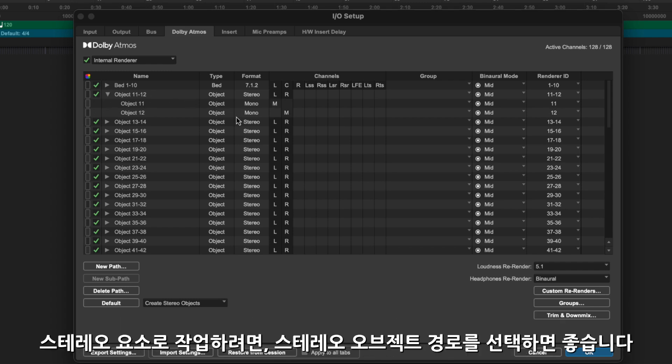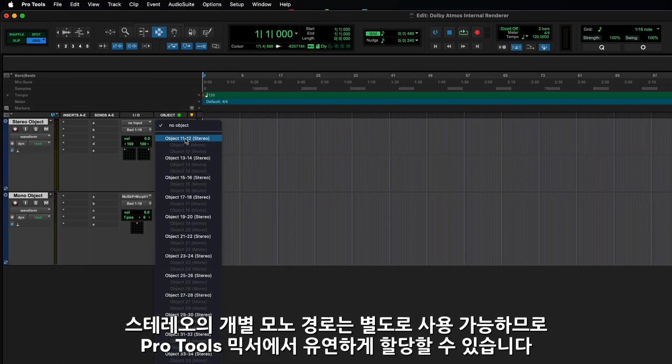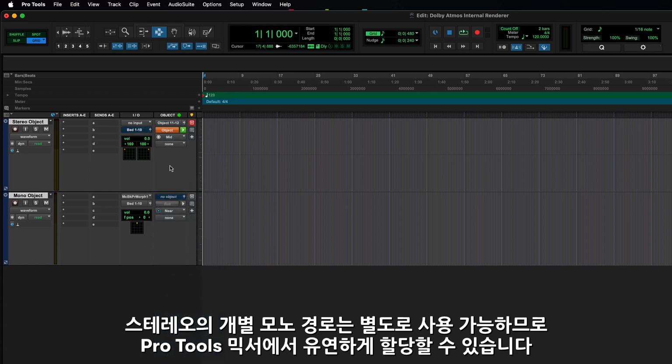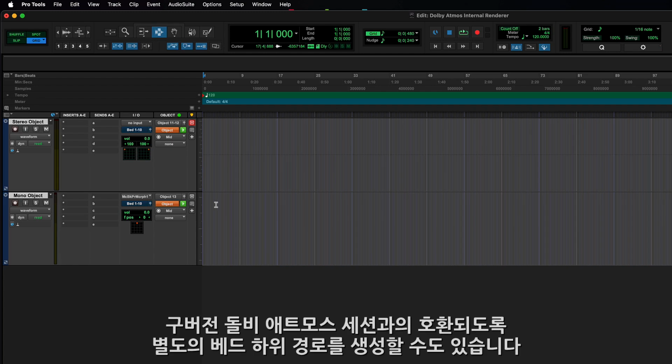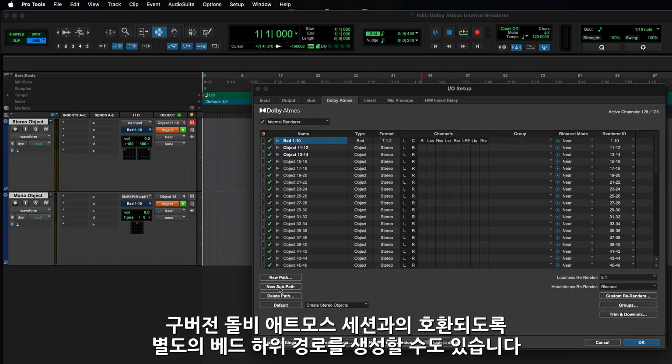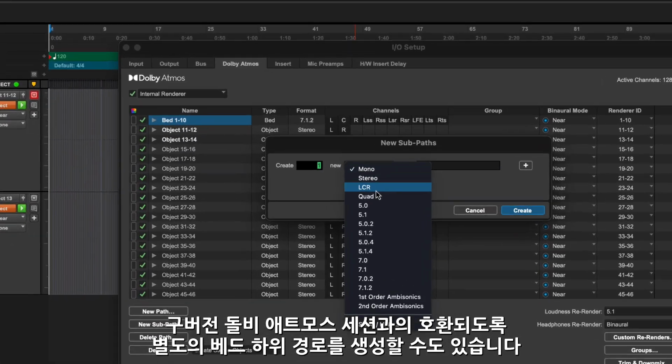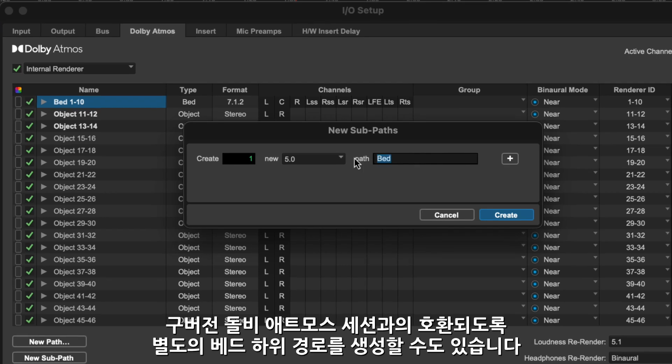Choosing stereo object paths can be a good place to start. This makes it easier to work with stereo elements. The individual mono paths within stereo pairs can still be used separately, so you have flexibility of assignment in the Pro Tools mixer. You also have the ability to create custom subpaths for beds, enabling better compatibility with earlier Dolby